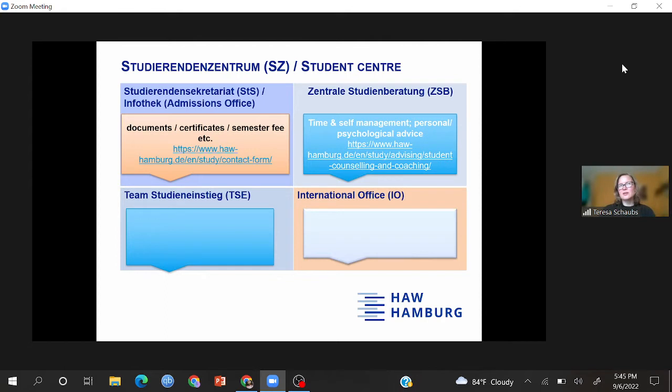But in case, after 1 or 2 semesters, you realize it's not the right choice, I'm unsure if that's really what I want to do, you can go to them and tell them about your thoughts and what is wrong about the program you chose and what your feelings are about it. And then they might be able to give you some advice regarding a subject change or a university change, or I don't know, a career change, whatever it is you found out about yourself after some time you've studied with us. You can go to them and discuss it with them.